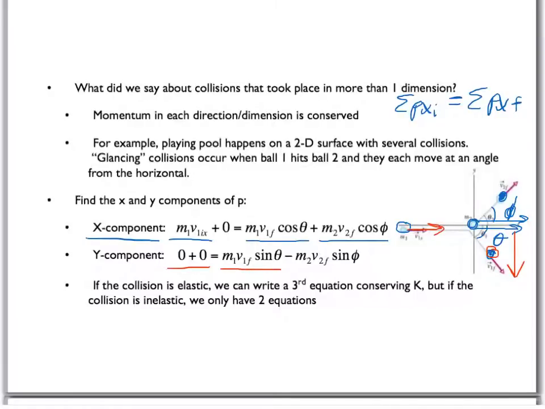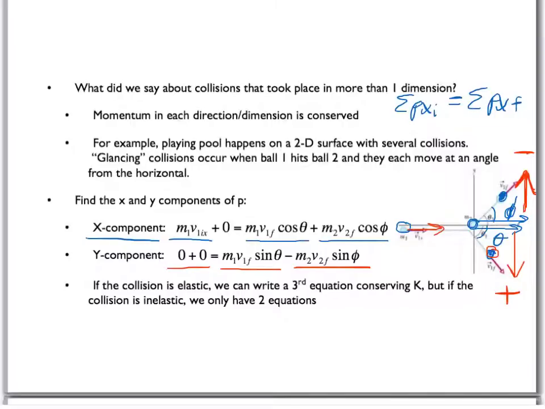And for object 2, it would be going in the opposite direction. Here we called this the positive direction, and that the negative direction. Remember, you always get to choose what you would like to call positive or negative, so that's up to you. So here we have the final y velocity of object 2, again having a component in the y direction based off of the angle phi and the sine of that angle. So the final momentum for object 2 would be M2 V2 sine of phi, and again it's going in the opposite direction, so we could call that a negative direction. Or reverse the directions, either way. Again, as long as you stick with your directions in the problem that you're solving, you'll be fine